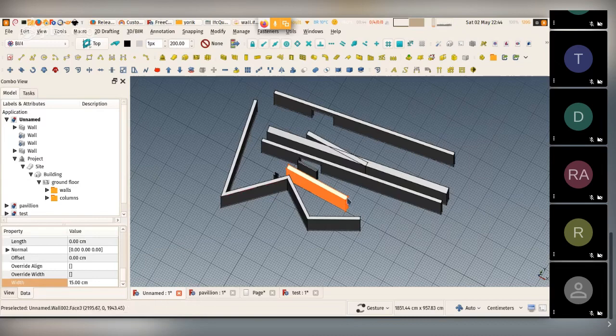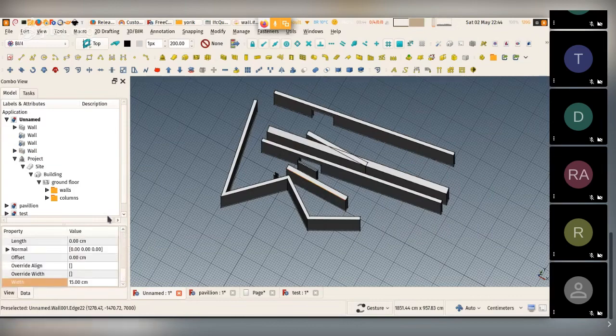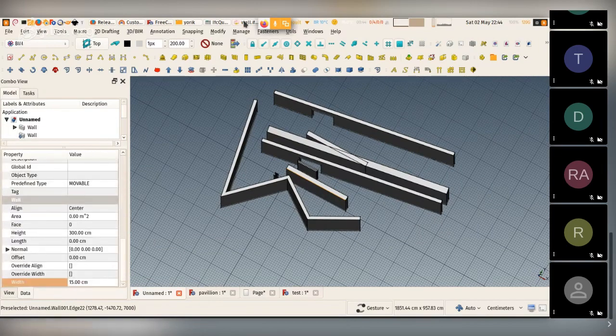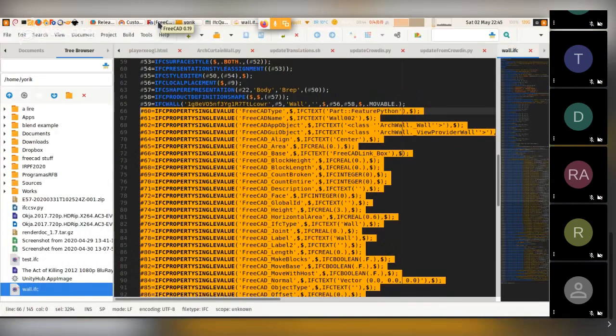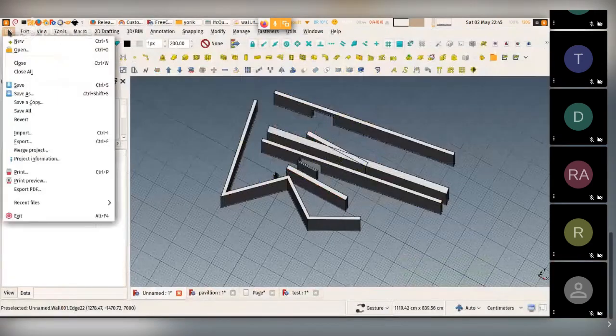Like if you look at this wall here, all this list of properties is all that you see inside the IFC file. And so if now I open it back,